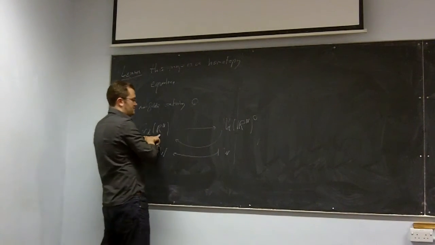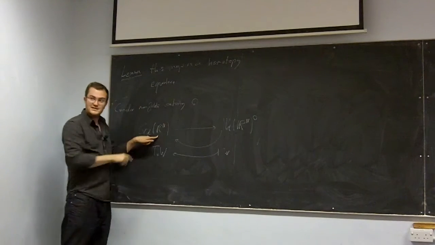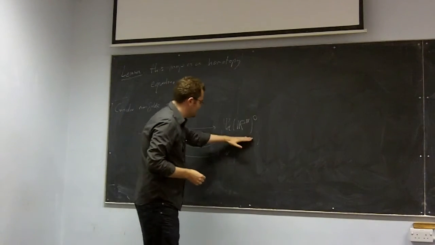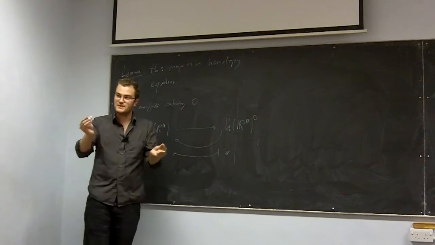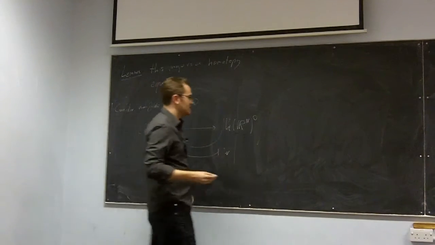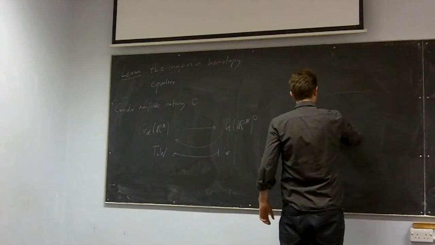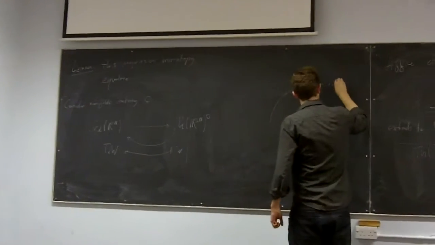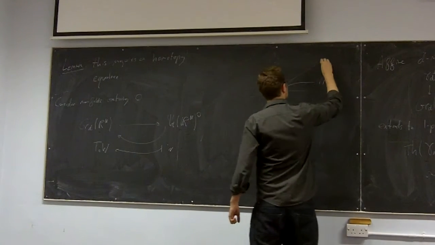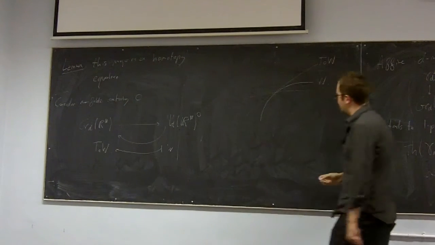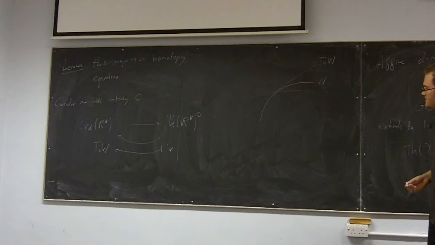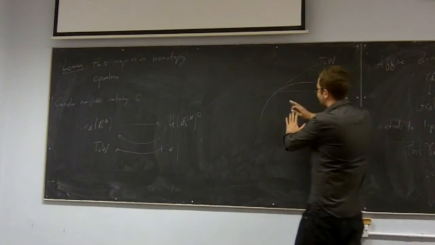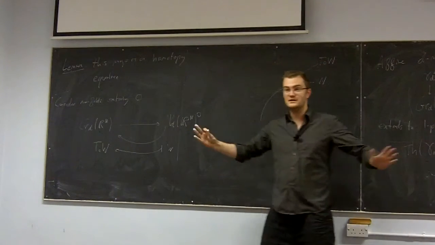And now if we start here, think of it as a manifold, then take its tangent space, well, that's the identity. You haven't done anything by doing that. But if we take a manifold, take its tangent space, and then think of its tangent space as being again a manifold, that clearly changes the manifold, or that changes the point you get in this space. So maybe we start with that manifold and we take its tangent space, and that gives us that affine manifold. But now I claim there's a canonical homotopy between them, and that's given by rescaling the Euclidean space more and more.